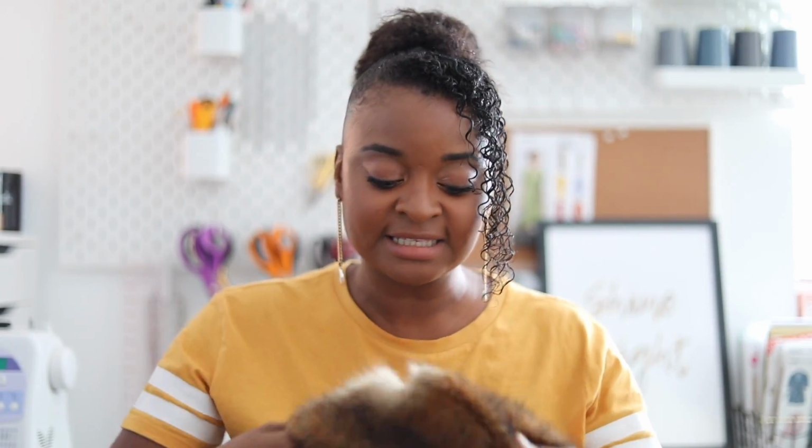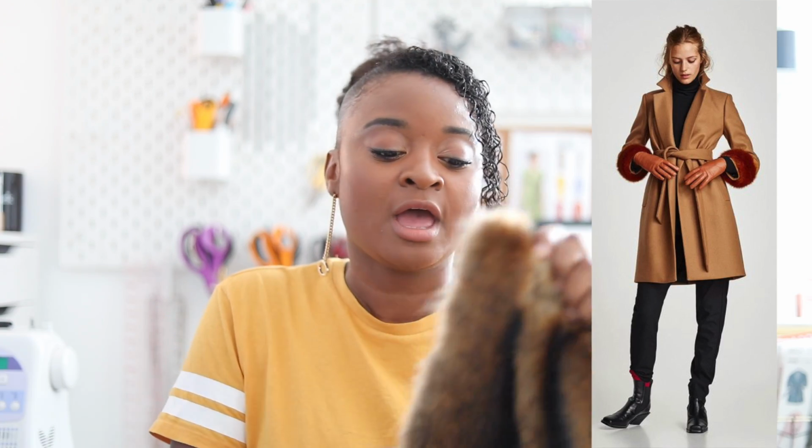The second thing is I'm also going to make some detachable cuffs, not just to wear on that, but to basically put over any jacket, and I might do the same with the black as well if I have leftover, which I definitely will. But I think with winter coming, sometimes I might want to just add a little bit of something to any coat. Then I can put my detachable cuffs on, I can put the detachable collar on, and then